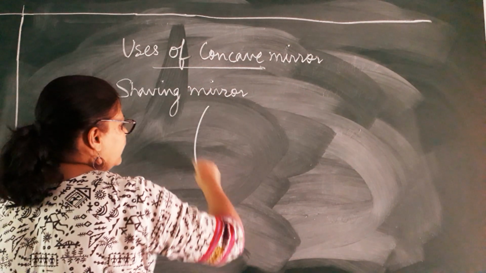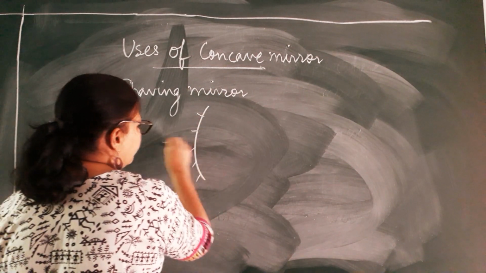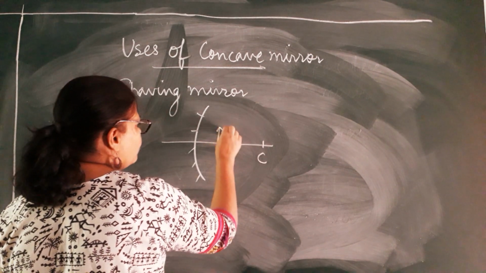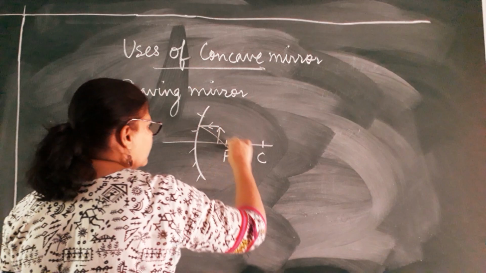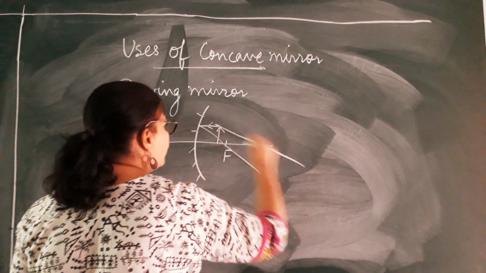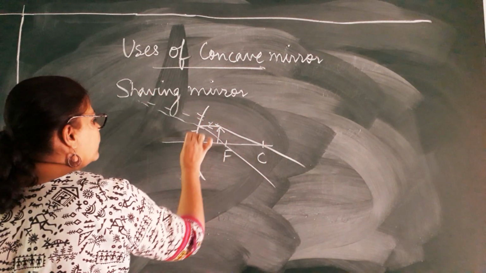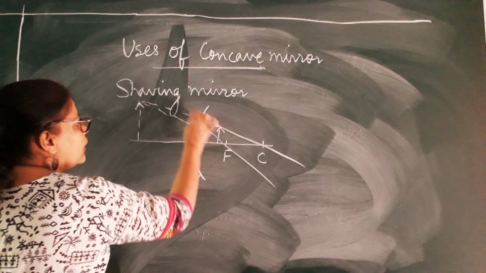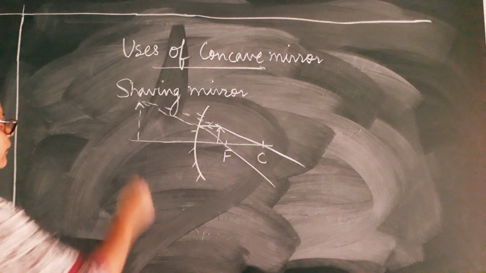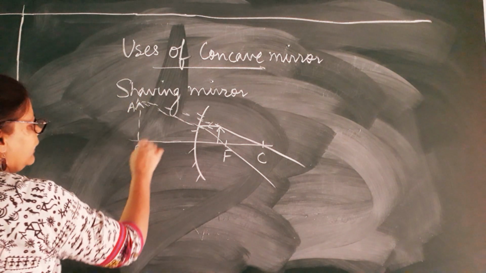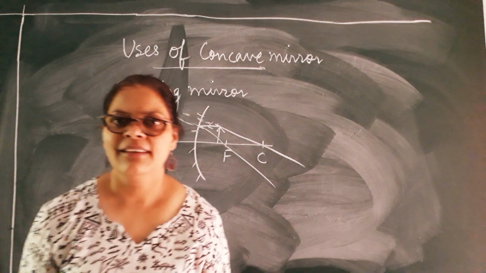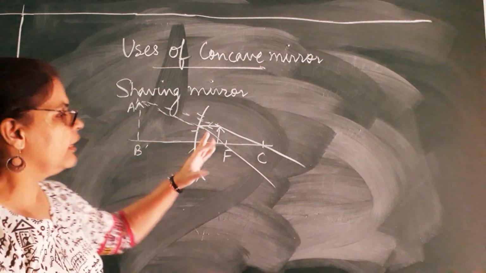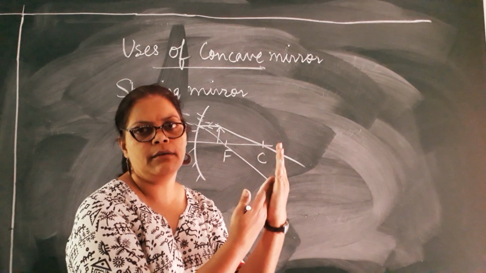You saw, children, very quickly I'll show you again. We had taken this case. You remember, children? Just recollect which is this case. I want you to recollect in your mind quickly. Which is this case which we drew? Yes? I hope you understood which case have I drawn over here very quickly. Where the image was virtual and highly magnified. Yes? You got it right. It's the 7th case, where the object was taken very close to the mirror.